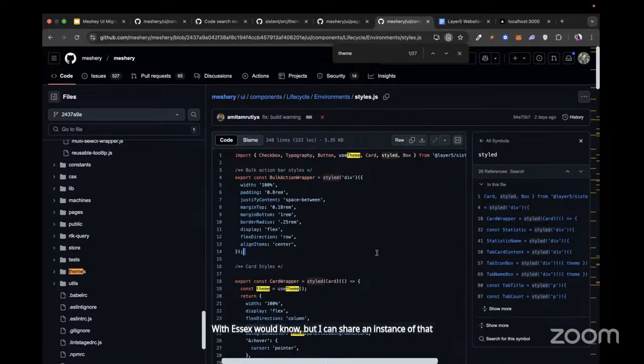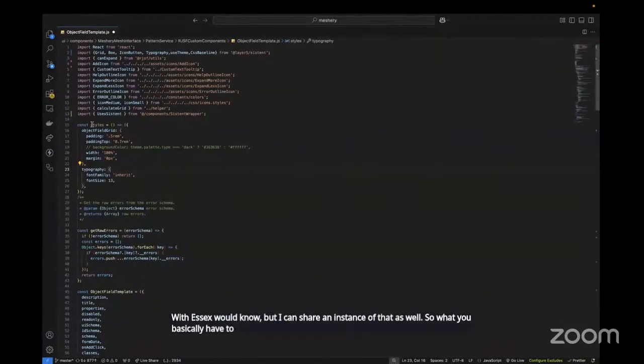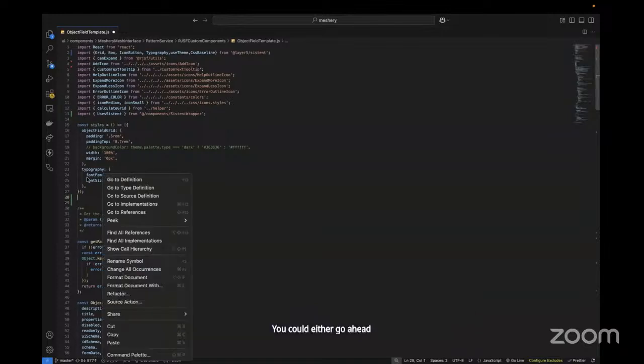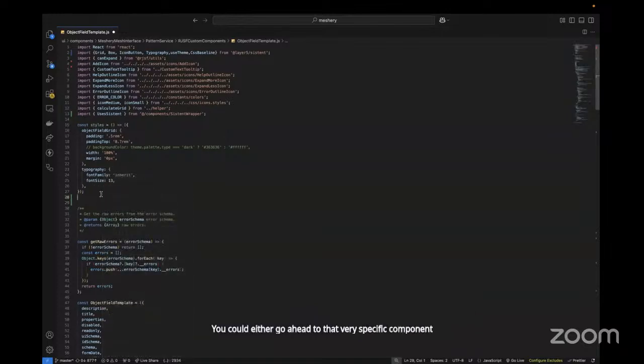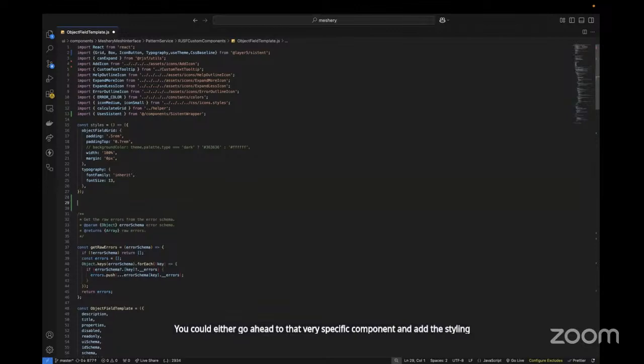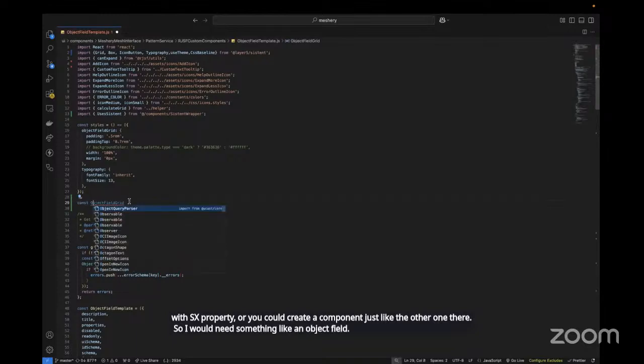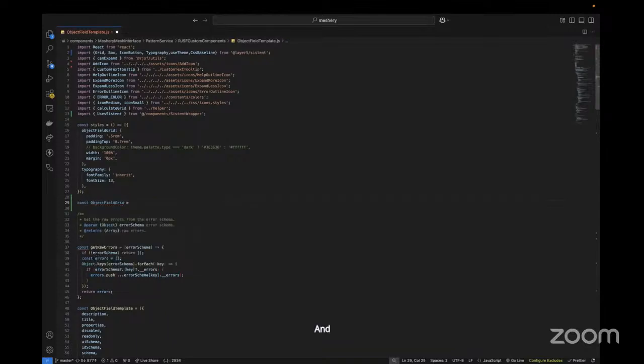So what you basically have to do is, let's say we remove the styles, the general styling that we did this way. You could either go ahead to that very specific component and add this styling with the sx property, or you could create a component just like the other one there. So I would need something like an object field, and we can quickly do something like this.